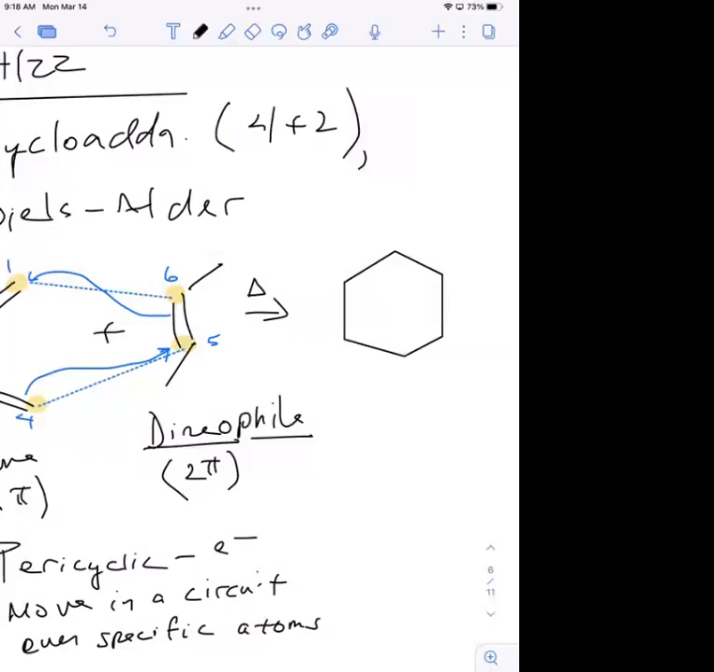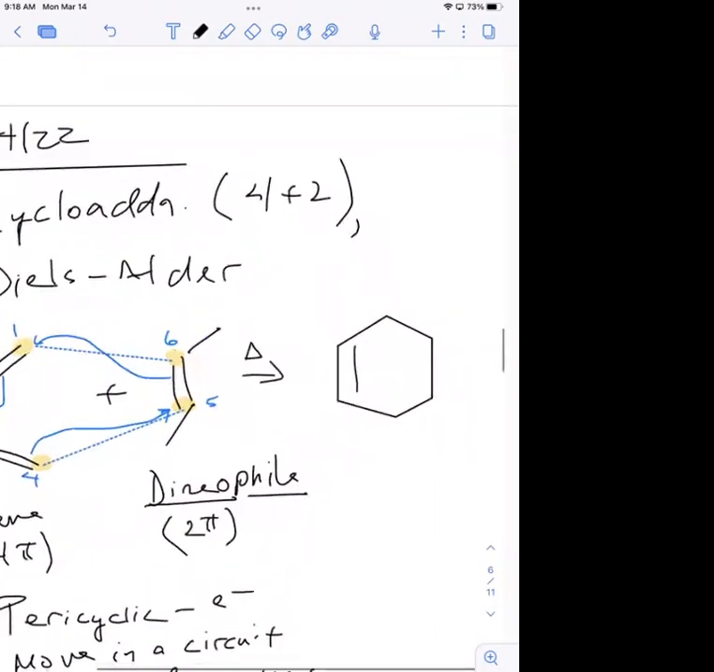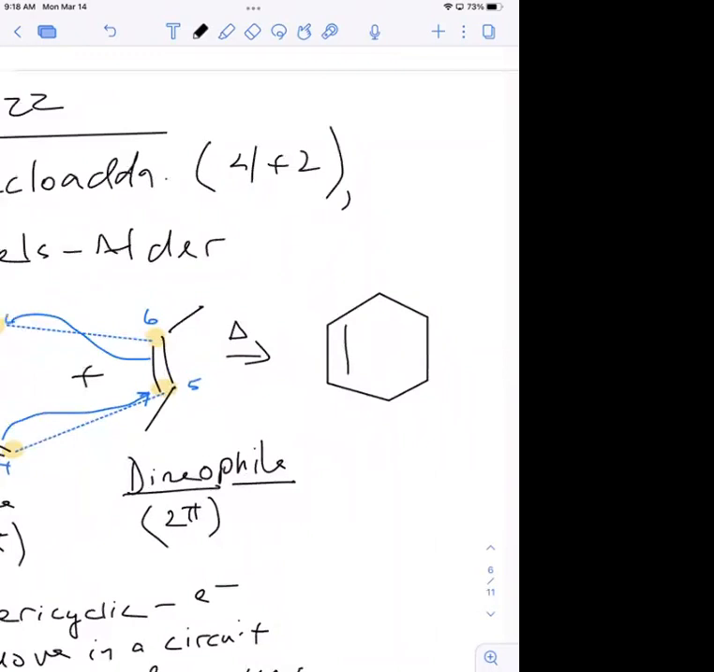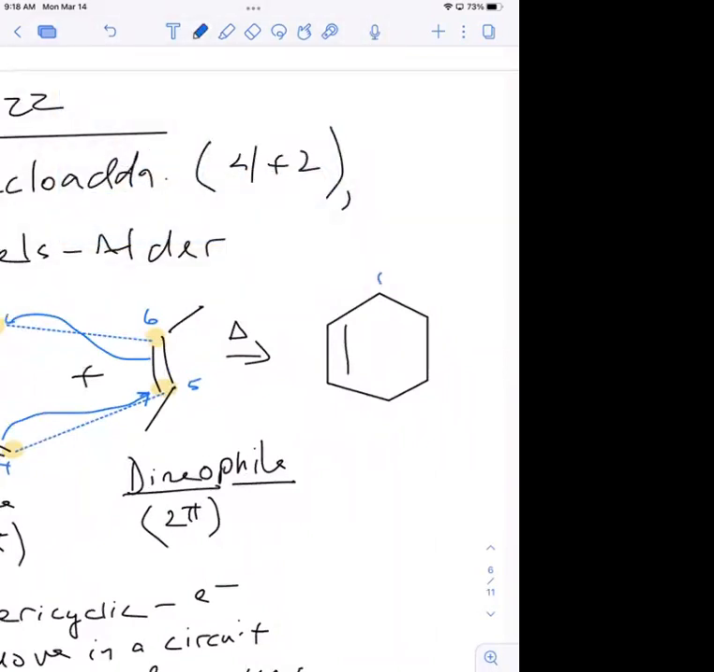All right, so that's my 6-member ring, and then my double bond is going to be here. And then the two groups. So let's go ahead and put the numbers back in. This is 1, that's 2, that's 3, that's 4, this is 5, and this is 6. So those groups on 5 and 6